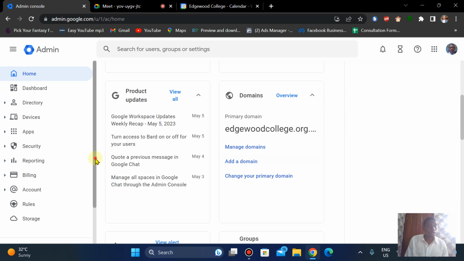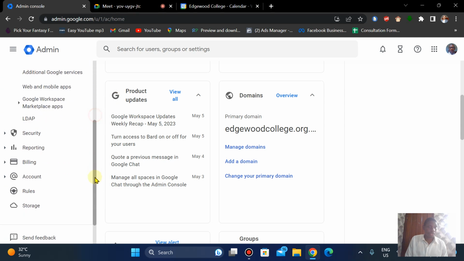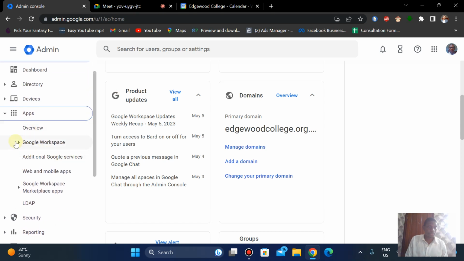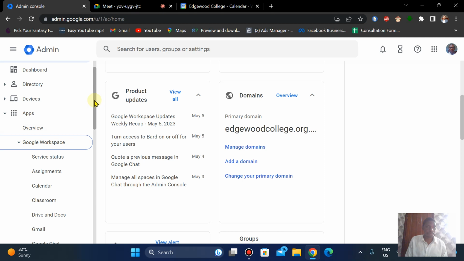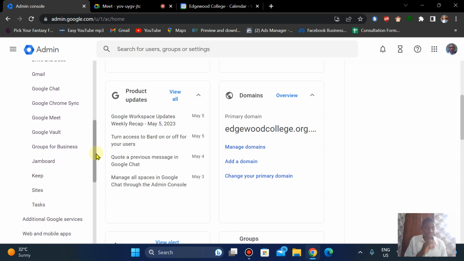Now, what you do is under the apps, click on the Google Workspace. You're going to see the apps for the workspace, and you're going to see Meet. Click on it,